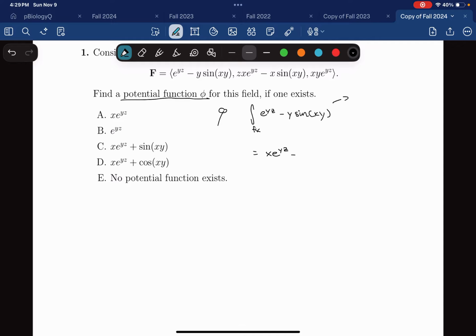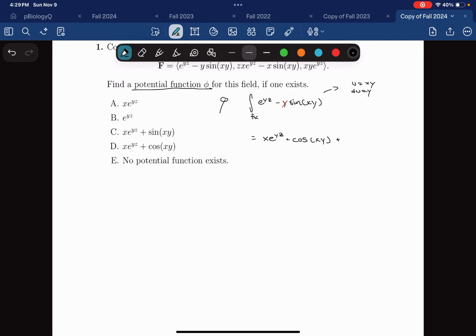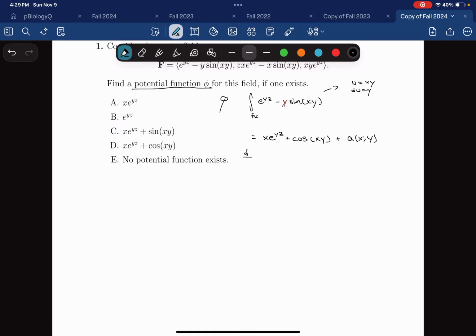minus, in this case, you gotta do u equals xy and du equals y dx. So that y cancels out, and you just get plus cosine of, I'm just gonna keep it as xy because I want to, plus a of y, z. Sweet. Okay, so now we gotta take the derivative with respect to y, which means you get